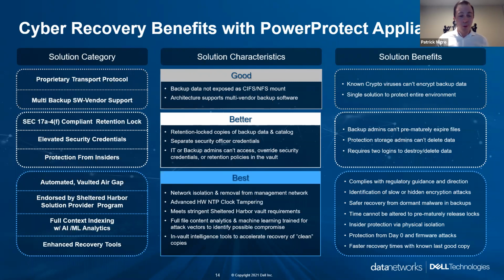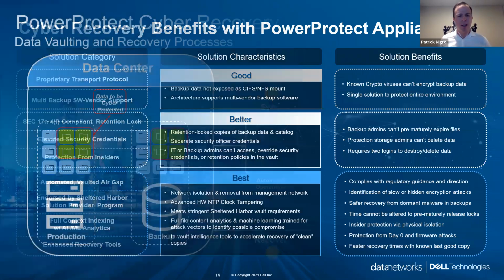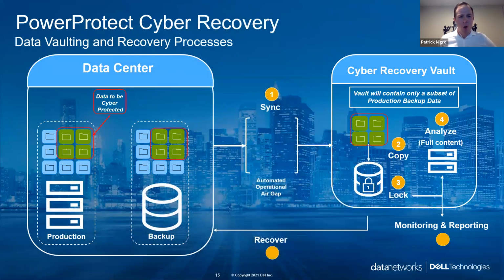And we'll talk more about it, but from my understanding, Dell Technologies is the only solution on the market who's accounting for this type of NTP clock drift today. But let's talk about the high-level architecture really quickly here. One of the most frequent questions that our team receives is, I retention lock my backup data in production. Why would I need a dedicated